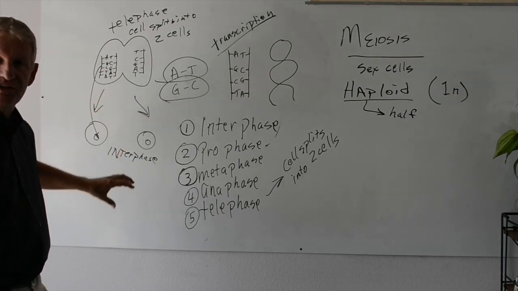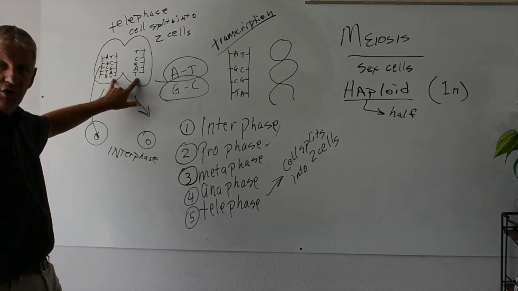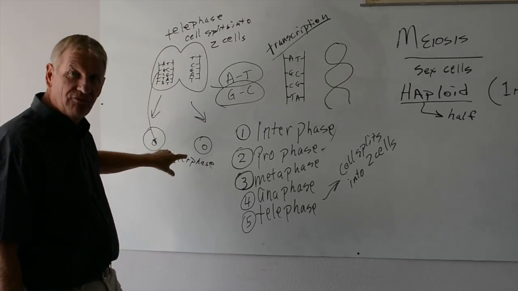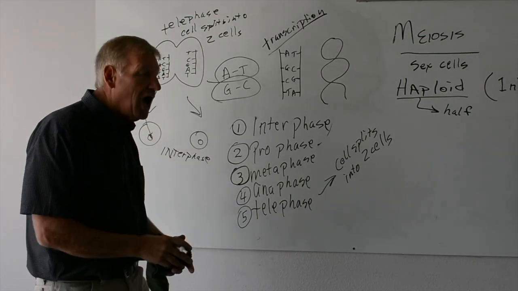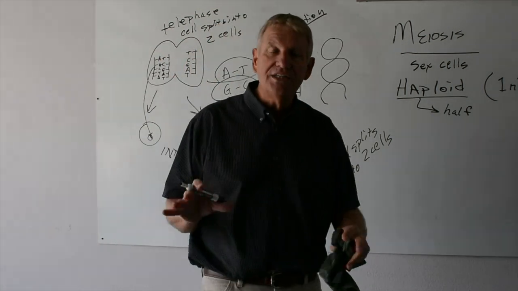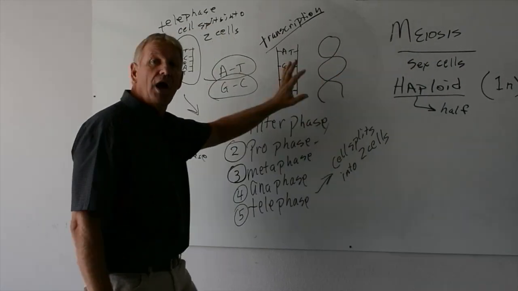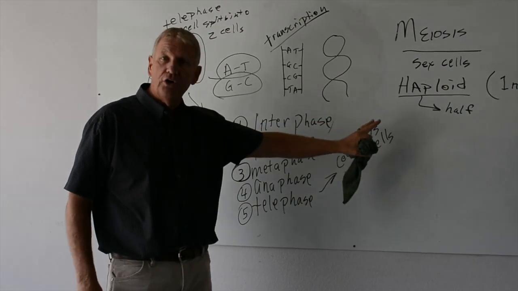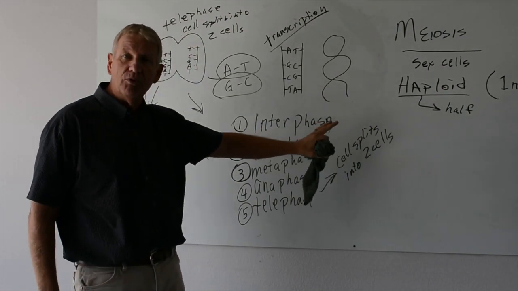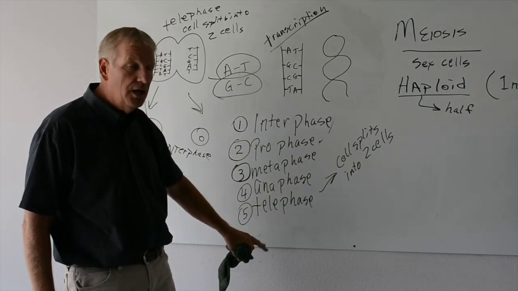It's diploid. What does diploid mean? Diploid means it has all of the genetic material. So all of these cells have all the material. Now, meiosis is pretty easy to understand now that we've talked about mitosis, okay? In meiosis, we have the same thing happening. We have interphase, prophase, metaphase, anaphase, and telophase, okay?